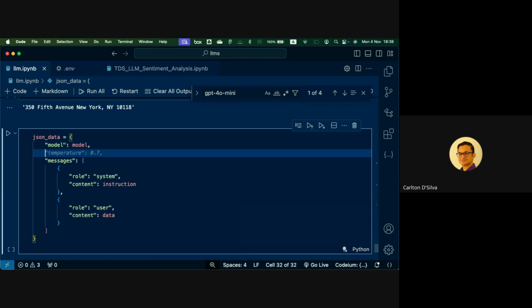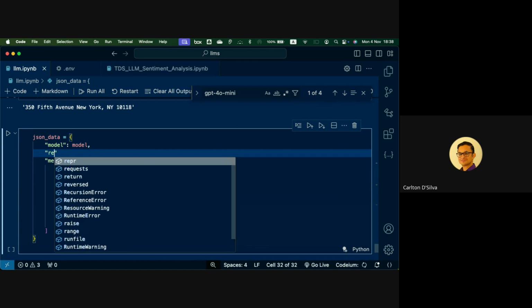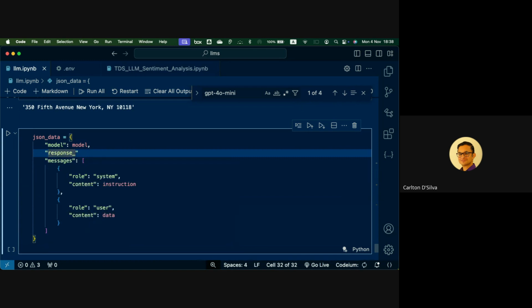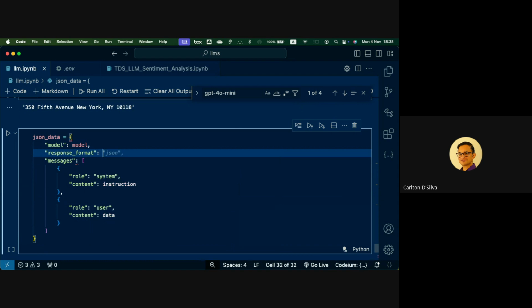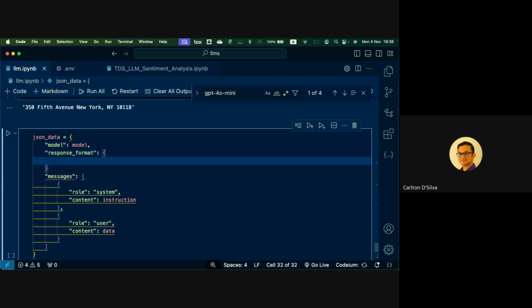Okay, we want the response to be in a very specific format. We don't want it to chat back to us. We want it to do some grown-up work. So you need this key. This is the extra key you need. Response format. And then you have to tell it how we want the response back.